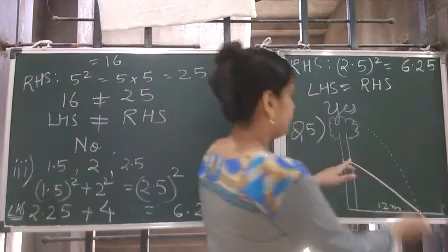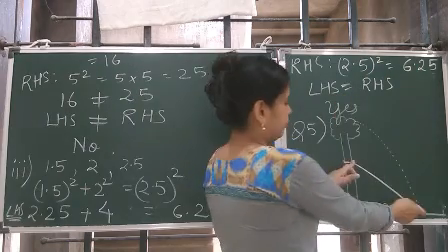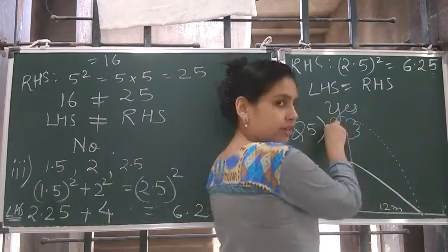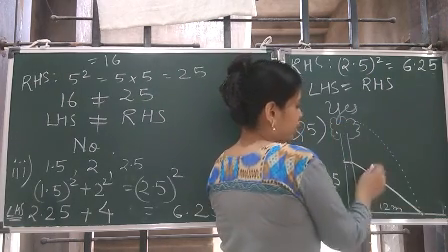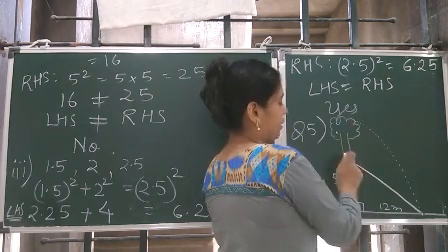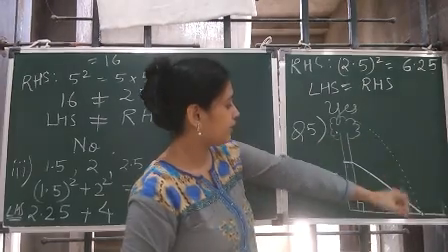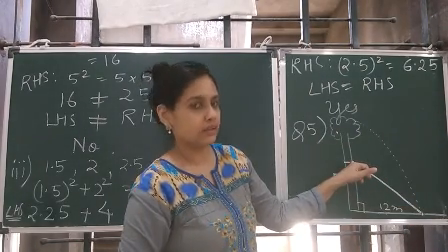Original height means this. If we make this stand up like this, that will be the height of the tree. Right now it is forming a right triangle. So if we find the hypotenuse and we add the perpendicular and the hypotenuse, we will get the height of the tree. It has fallen and landed here, so if we find this, we will know the exact height of the tree.